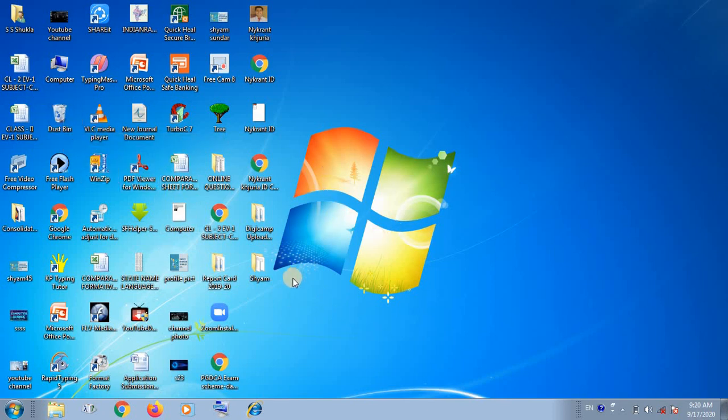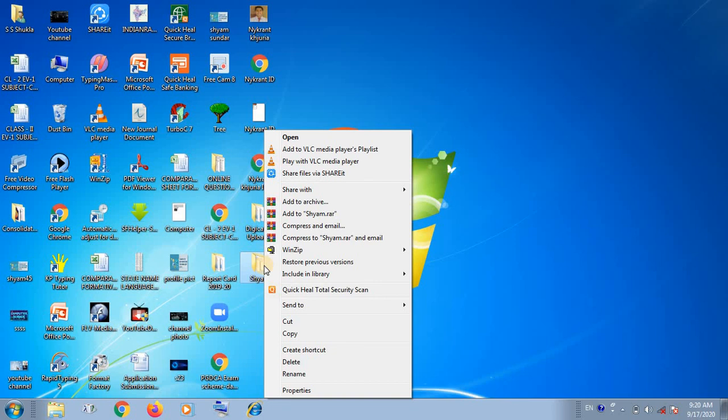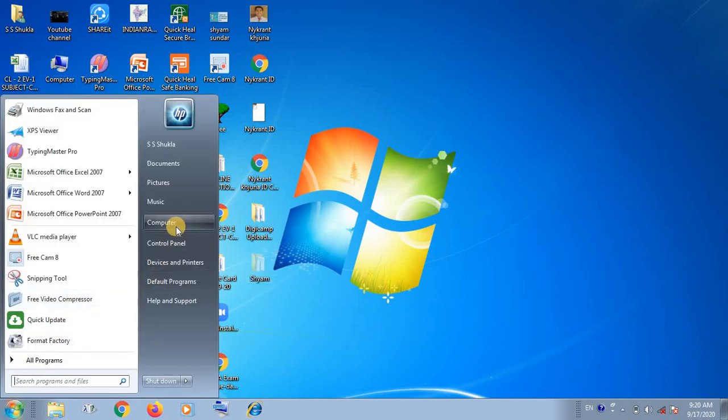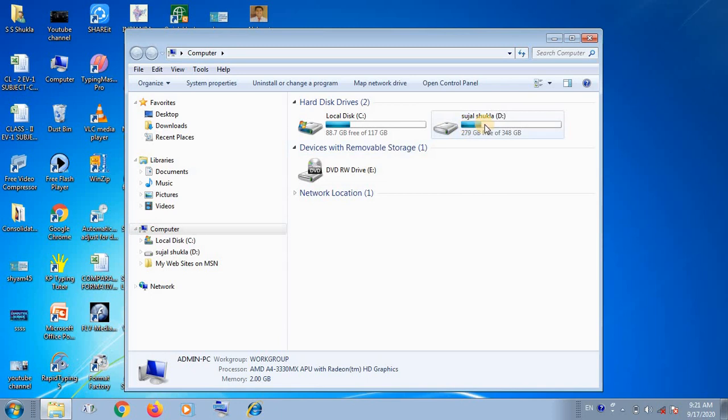Okay, come to the next portion, that is copying and moving files and folders from one place to another. As you are looking here, one folder, I want to move this folder from the desktop to the D drive of my computer. Then you have to right click and you will get the option cut. For moving, you have to use the cut option and go to your drive, Computer.